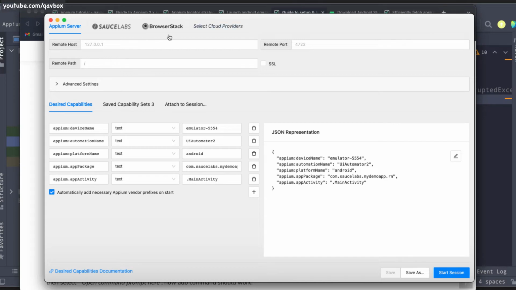So now I'm ready with my Android simulator. I'm ready with my Android application. The Appium server is running. Now I'm using the Appium inspector to inspect the elements. For this, I need a couple of capabilities. The first thing is the device name. You can see appium:deviceName. Automation name is UiAutomator2. Platform name is Android. These three things determine which device and which operating